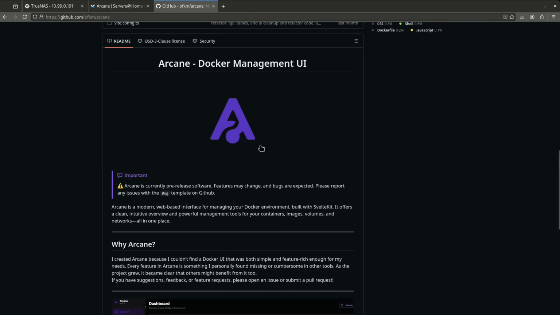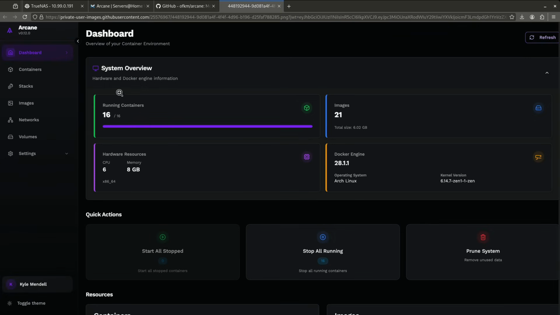So I'm going to show you, this is their GitHub right here. I'm going to have this linked in the video description. This is kind of a quick screenshot of the UI. This is a very pretty dashboard. I'm kind of impressed. So let's launch this today and actually practice working with it and see how it integrates